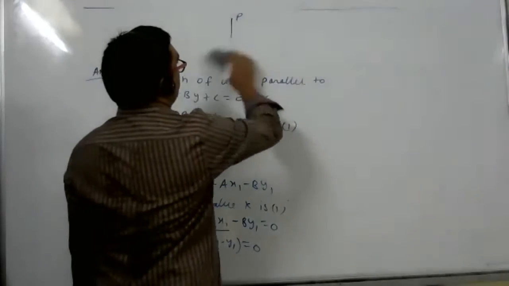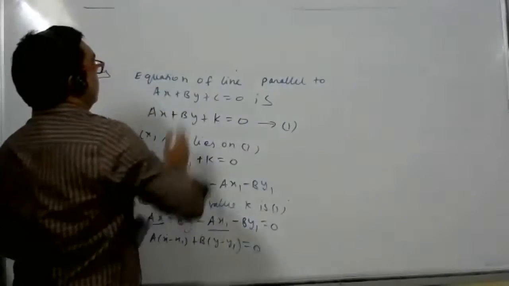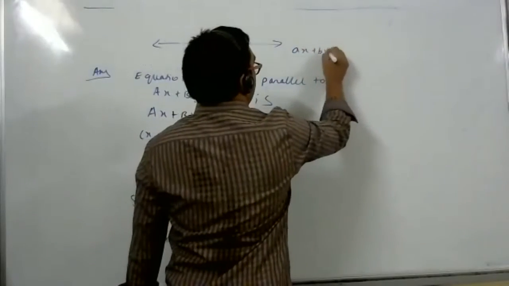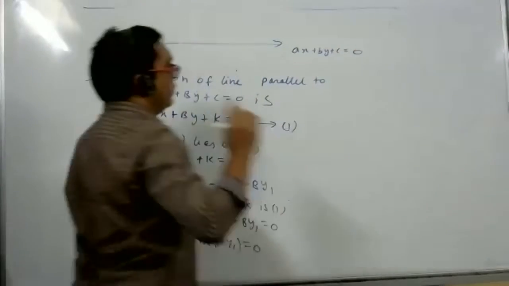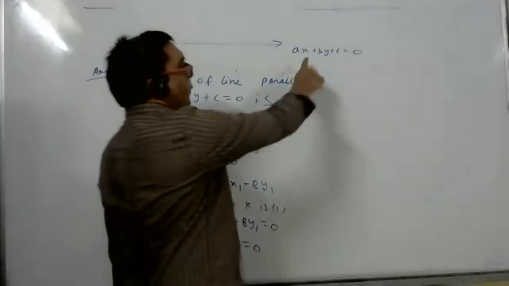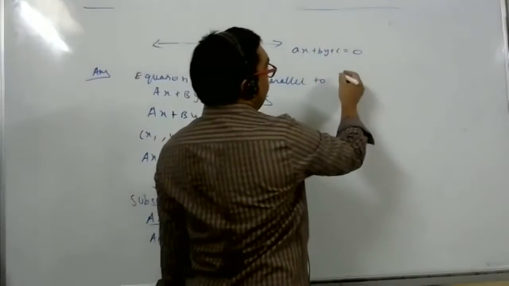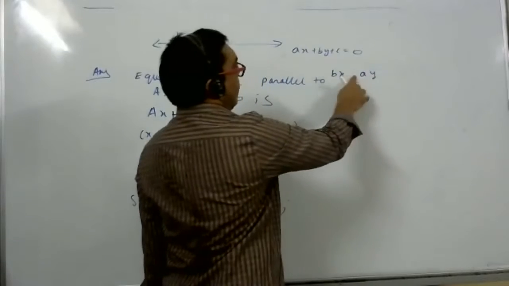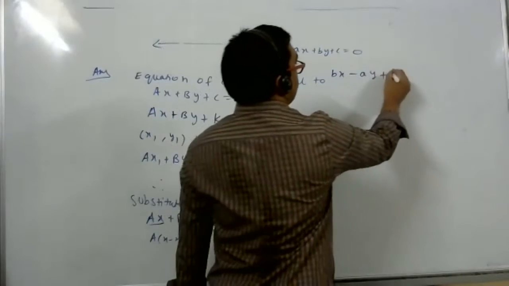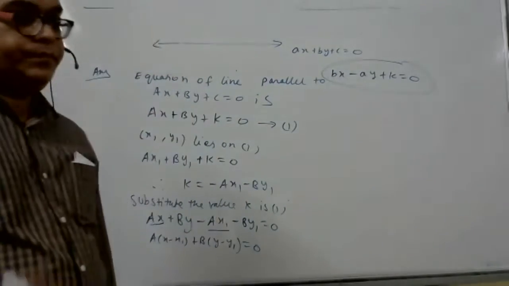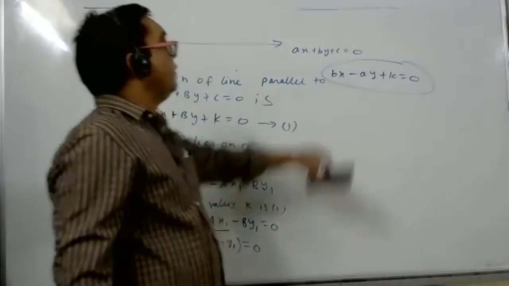Yes, sir. If the line ax plus by plus c is equal to 0, sir, now if we interchange x and y axis, the new line produced will be perpendicular only, no, sir? No, what is the line perpendicular to this line? Perpendicular to this line is interchange A and B, bx, ay. Then change one of the sign, either B sign or A sign, plus k is equal to 0. This is the answer of perpendicular line. Sir, but if we interchange x and y axis, we may get perpendicular line. No, this is the answer for perpendicular line.